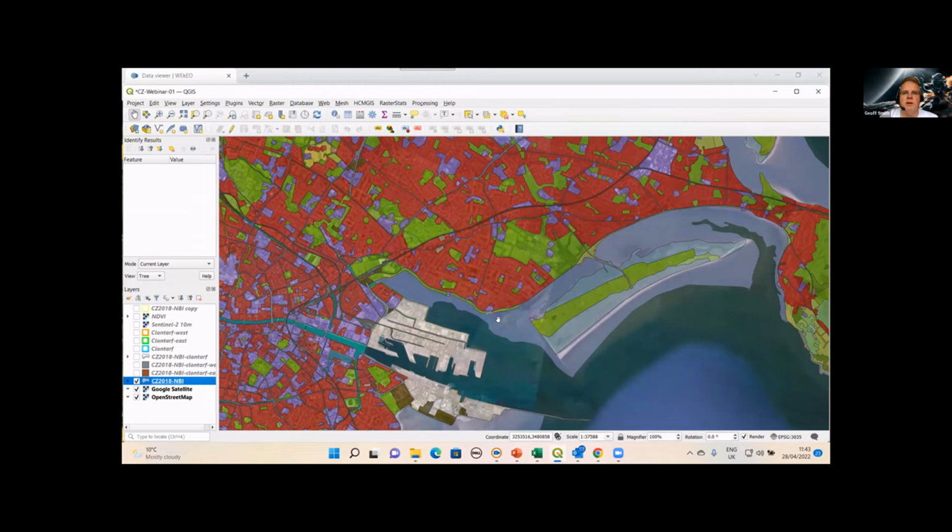If you remember back to when I was talking about North Bull Island and some of the issues there, there was this issue of flooding and potential storm damage around an area called Clontarf in Dublin. And if I just add on a layer which shows the area of Clontarf here. So this is, apologies to anyone who actually lives in Dublin, my rough digitization of the area, but this is approximately the area referred to as Clontarf.